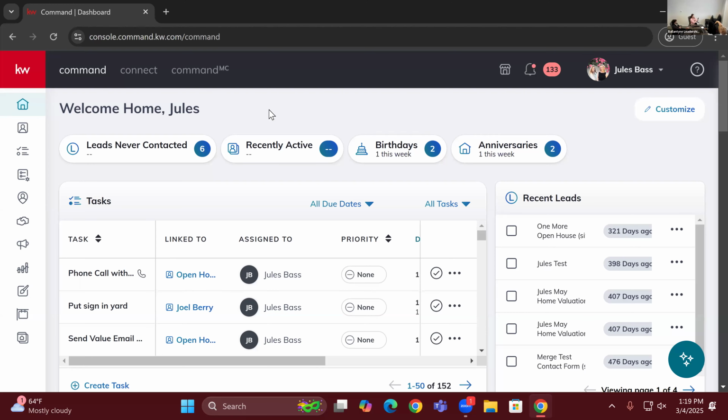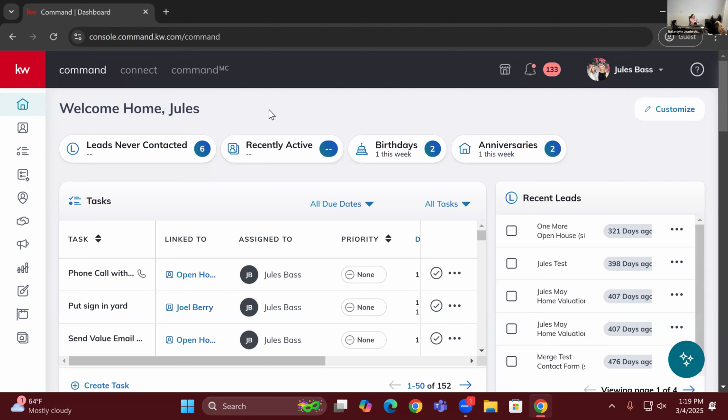So now that we've talked about importing contacts from our phone, one more thing I want to discuss on the Command app is the best process to add new contacts as we're meeting them on the go. It's a habit to relearn, because by default, if I met a new contact on the go, I would want to just add them right to my phone contacts. However, if you could get into the habit of adding them to the Command app first, it makes your life a little easier, and I'll show you why.